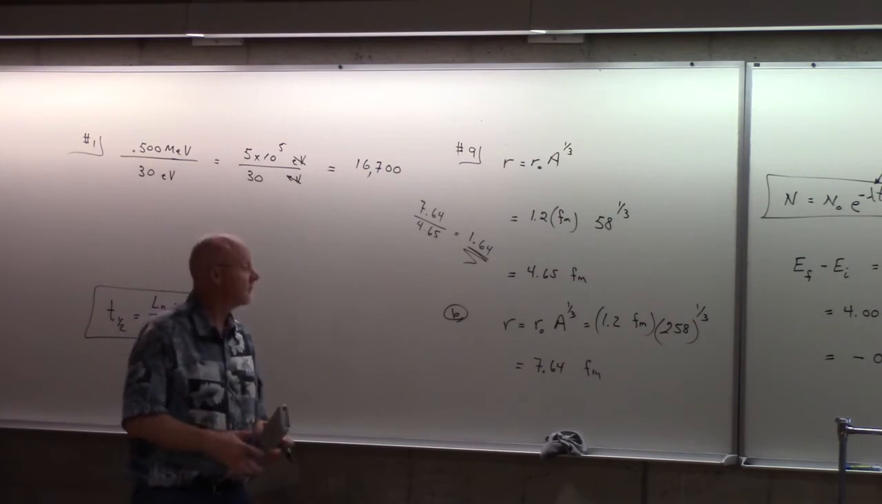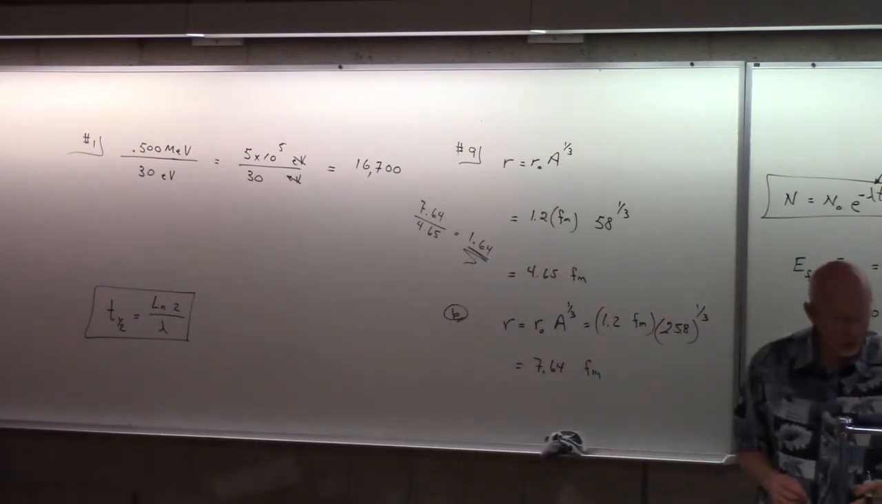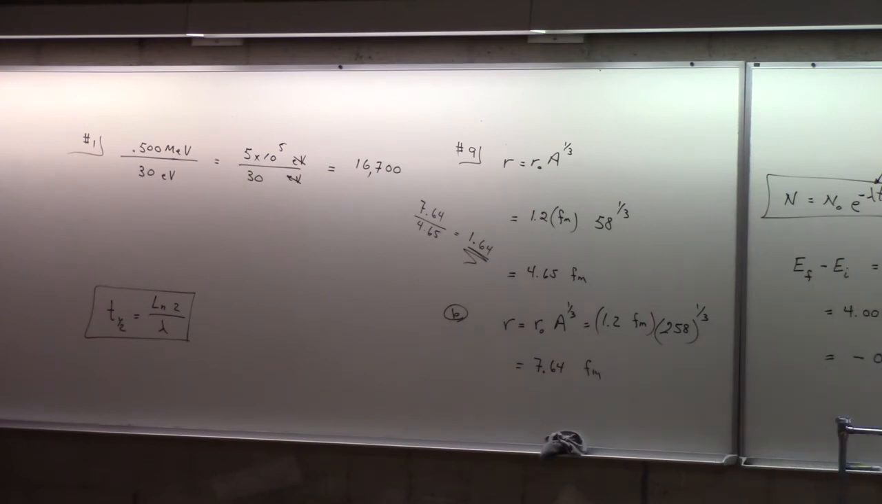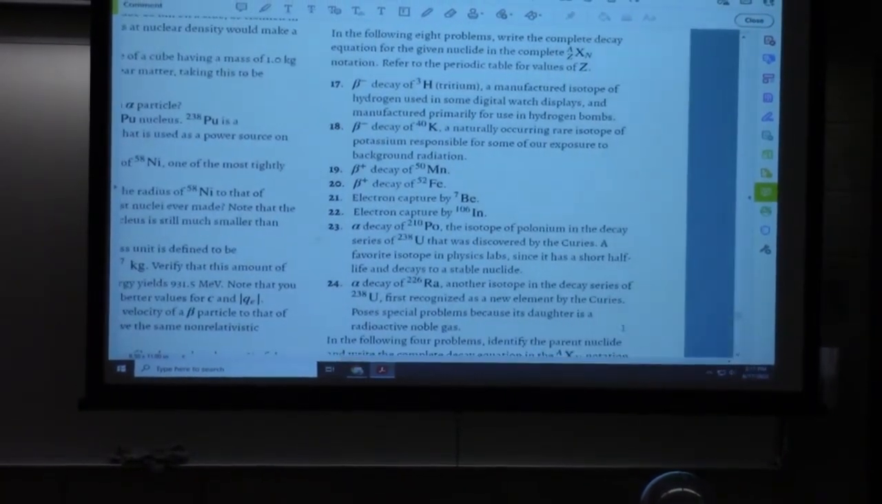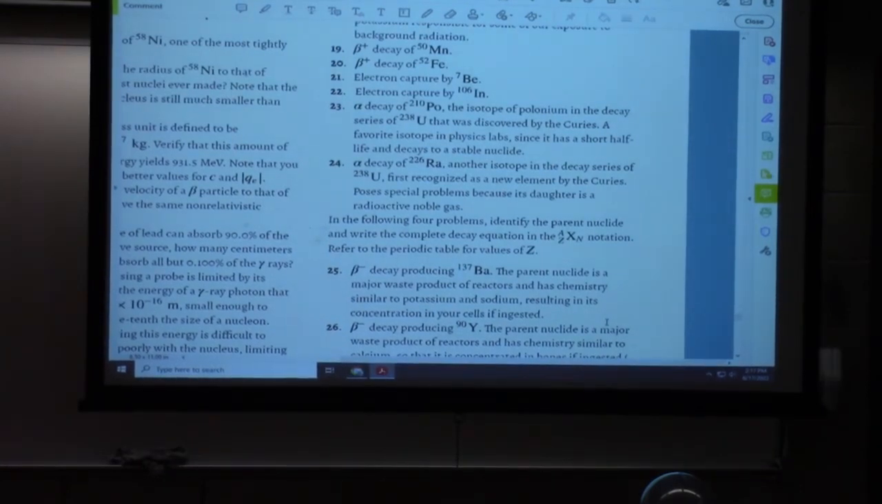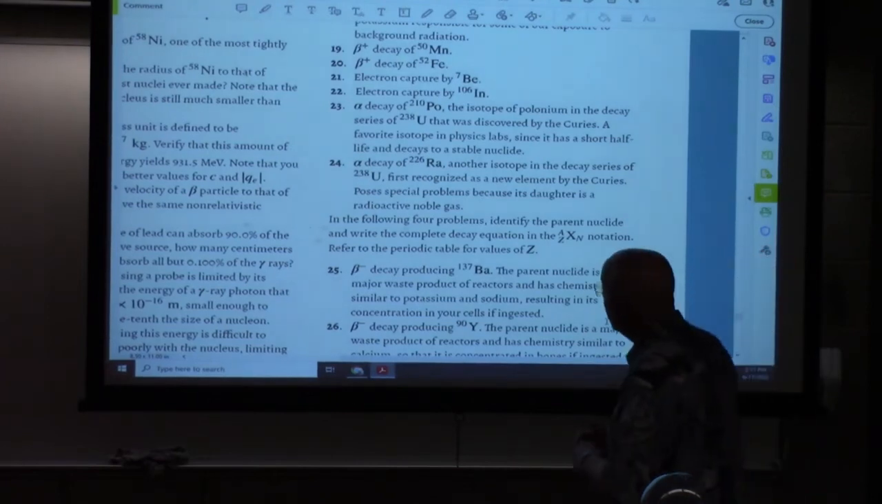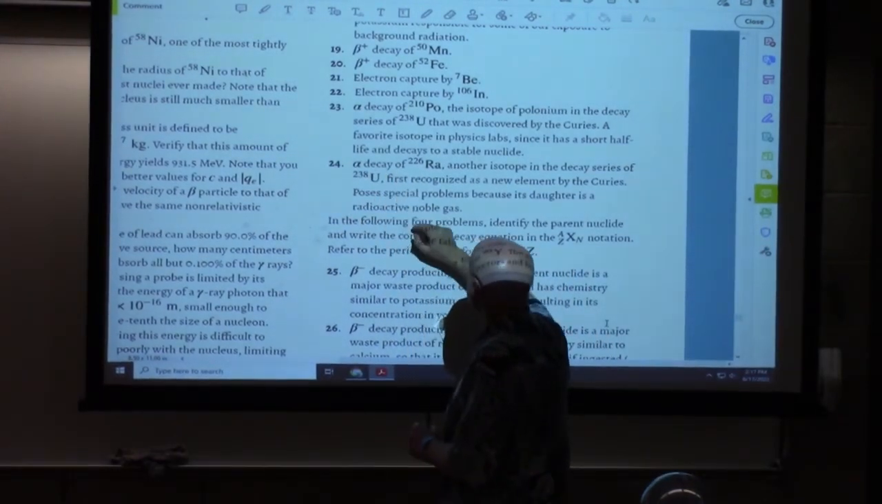All right, well, let's move on and do some more calculations. So let's go to, what's the next one here on my list? How about number 24? Good. Number 24 has a little bit of history also about Madame Curie in here. But here it says in number 24, an alpha decay of